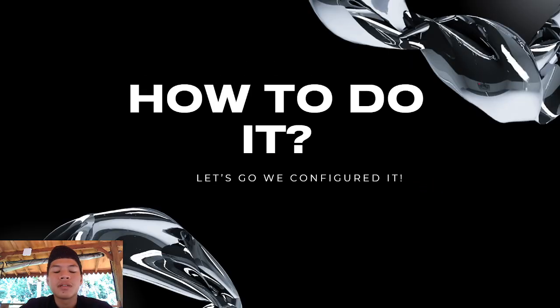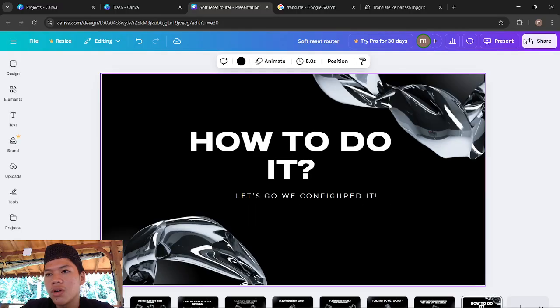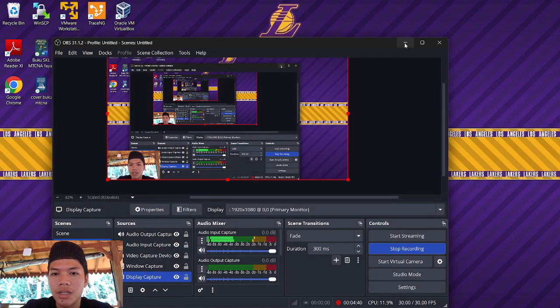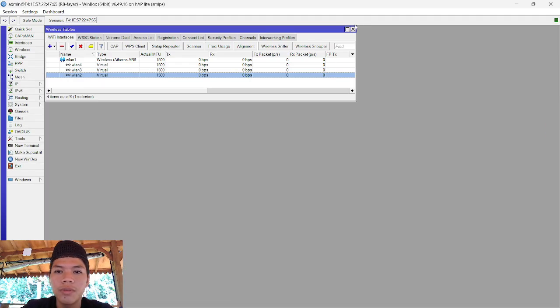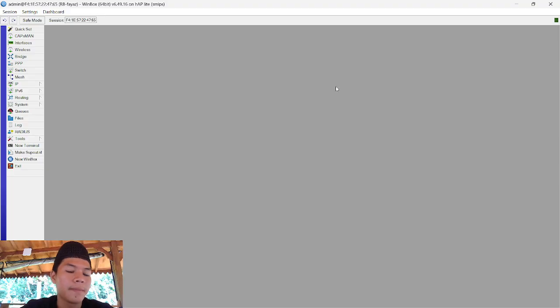Now I want to do the tutorial and show how to do it. Let's go with configuring it, and now we must get ready to open your Winbox. Now that you have opened Winbox, this is how to soft reset the configuration.